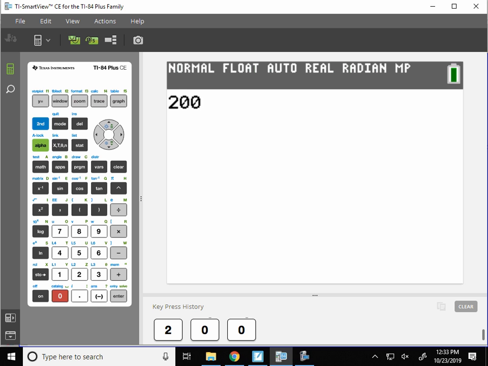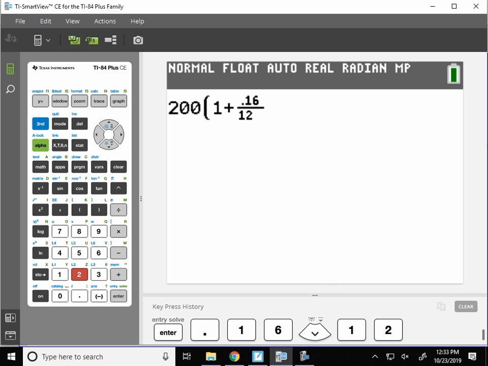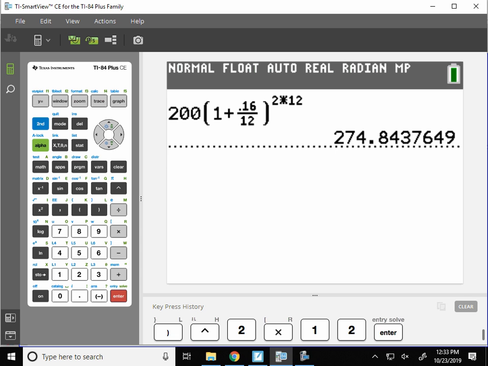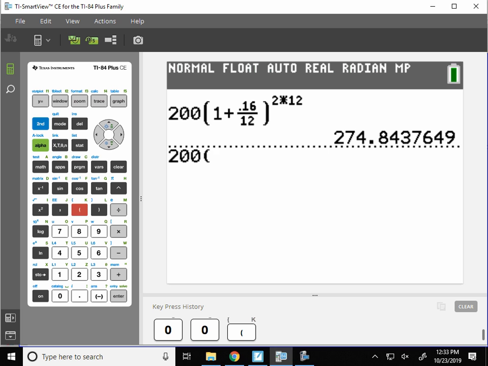I would do it all in one step. So 200 times 1 plus big fraction 0.16 over 12. And you don't even have to simplify the exponent to be 24. If you wanted, you could just type 2 times 12 in your calculator, hit enter, and it'll give you the amount of money. Now, if you cannot make that fraction there, your calculator uses order of operations,